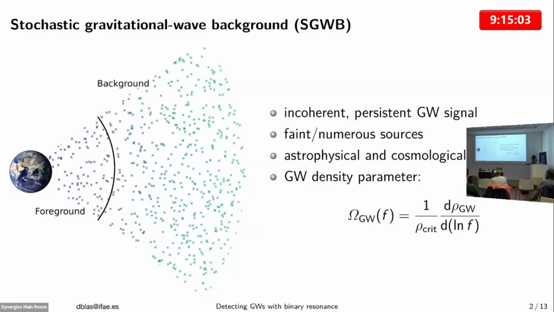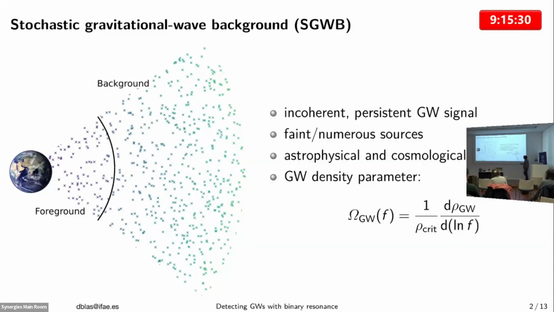Finally, when you talk about these backgrounds, the phase is not so important. What is really important is the energy density, so how many gravity waves in amplitude get to your detector, because as I said, the phase is modeled as a Gaussian or whatever stochastic variable. So the relevant quantity is the energy density.